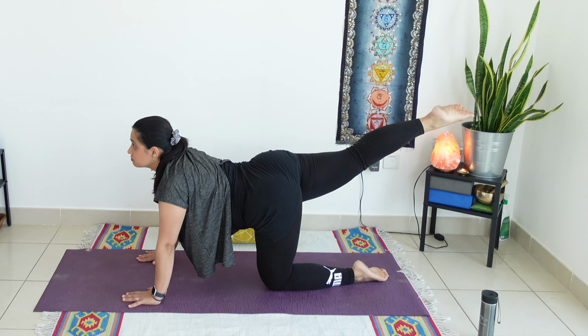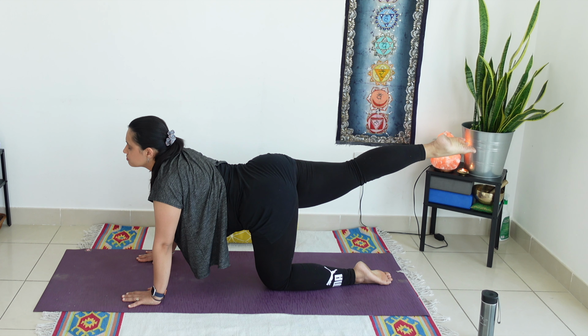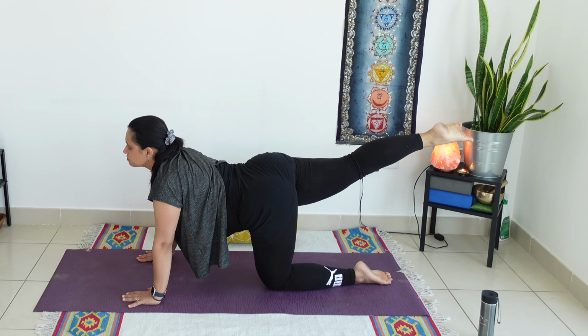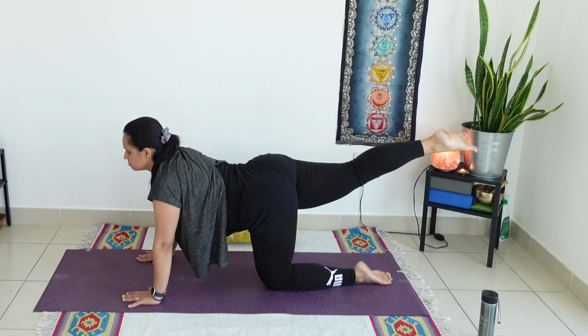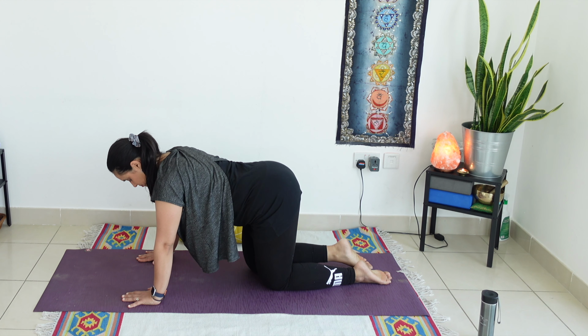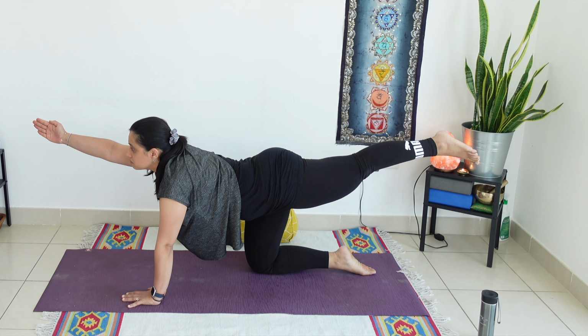and this time become aware of the balance that you feel, balance that you're creating to stay up in this pose. Just awareness of balance, and slowly release. Again, find a point to focus on